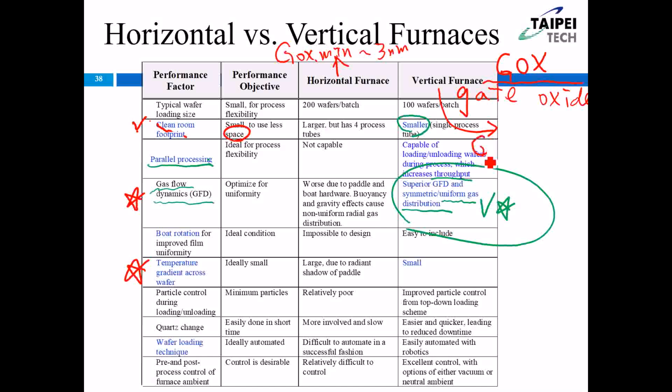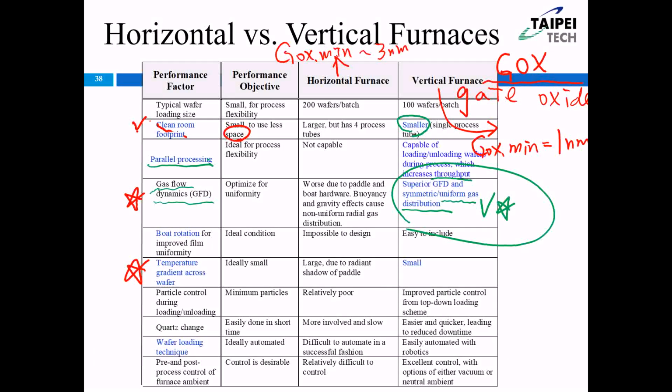Then, for the minimum gate oxide, it can be as thin as 1 nanometer. Okay. So I give you this number. This number is true in the NCTU Nano Facility. So I cannot show you the real number for the IC fab, but this is the number for the